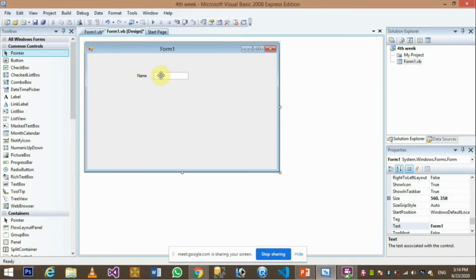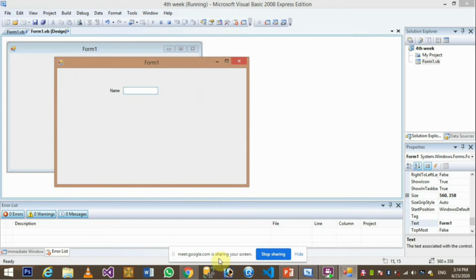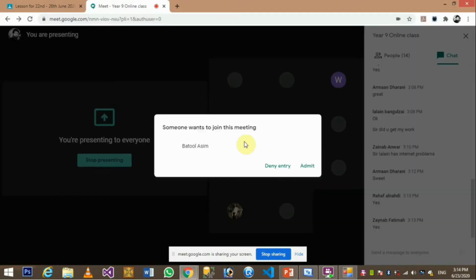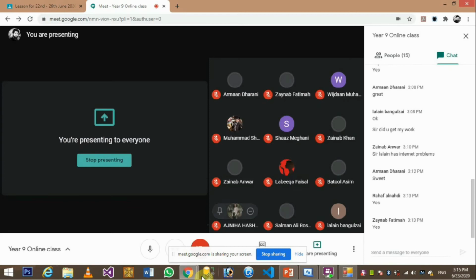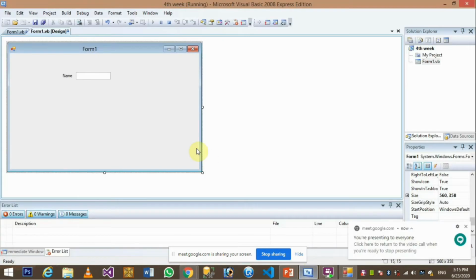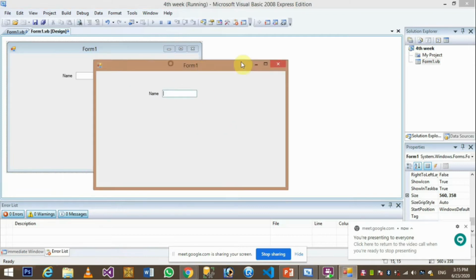Means this text field, the user will input something into this text field, and with the help of this label, it is obvious that he or she is going to write her or his name inside this text box, right? Because if we debug that program, you can see this window.